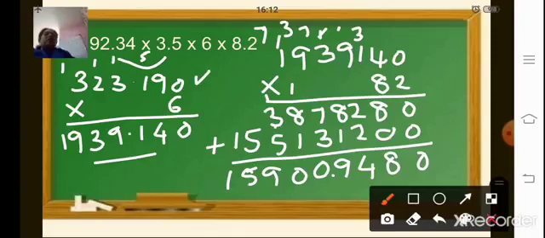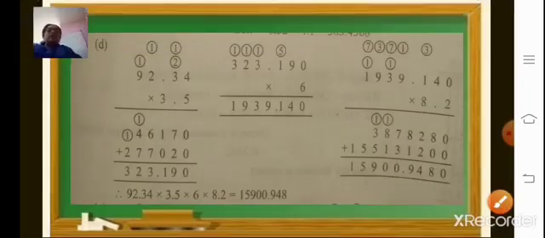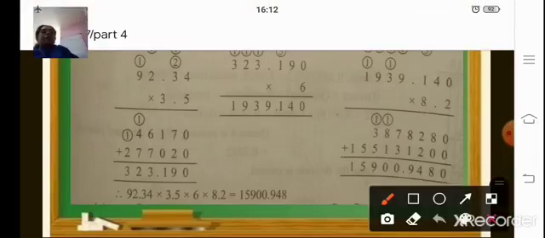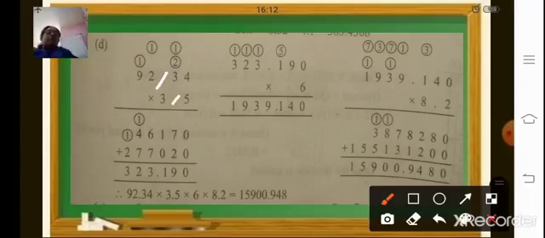So first we multiply the first 2 numbers. You got this answer. To that product you multiplied by 6, and to that product you multiplied 8.2, and in the final answer you place the decimal point. The working here is shown clearly in this slide. You can just do the sum and check the answer from this slide. While multiplying, just ignore the decimal point. You can just multiply and then put the decimal point at the end. Then to this product we multiply again by 6. Here also you can just ignore the decimal point. In the final answer you can just directly put the decimal point.